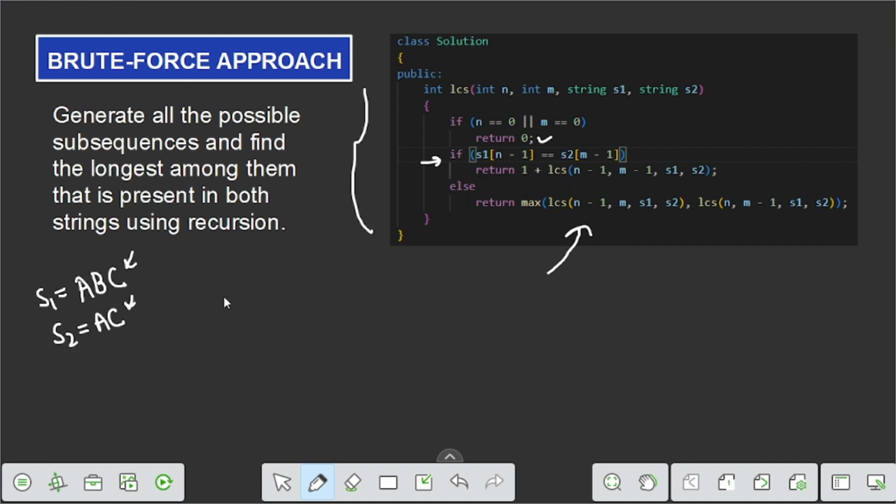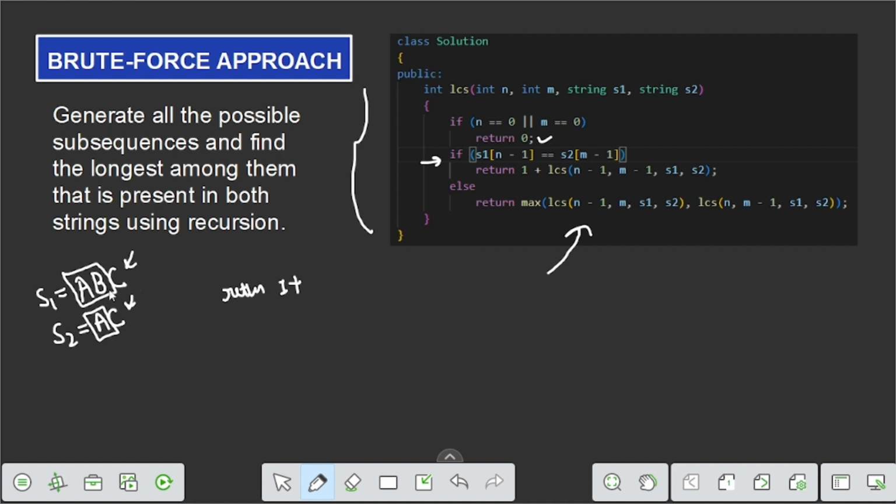Then we return 1 plus the call for the remaining strings. The remaining string here is AB and here it is A. So we call for the remaining strings AB and A.